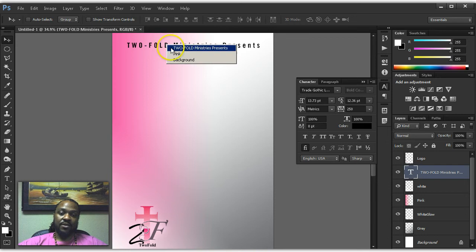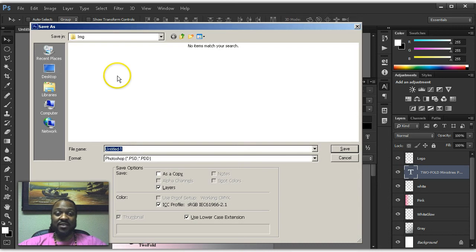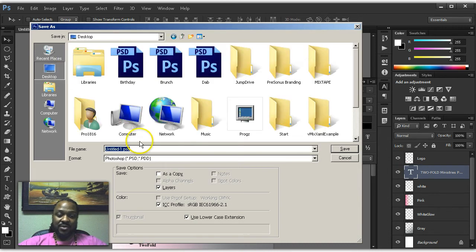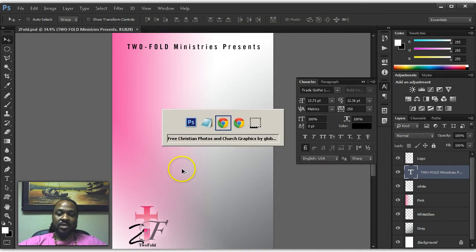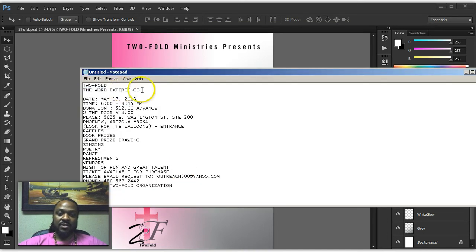If I right click on it, Twofold Ministries, put that, and I'm going to hit something we graphic designers love to hit. It's called Save. I'm going to Control-S it and save it on my desktop as Twofold. You can save it wherever. Bam, hit OK. Now I'm going to go back to my text file, and it's going to say the word